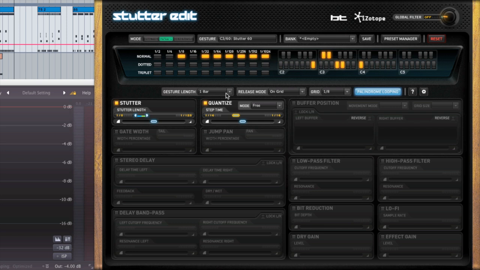Moving down to this bar here, we've got Jit Gesture Length, which is how long the gesture is spread out over for. We've got the release mode, so on the grid means at the moment I've got the grid set to 1/8 over here. So when I hit a key, it will be quantized to a 1/8 when the effect comes in. So with the release, it means on grid, when I release, it will turn the effect off within 1/8. Full gesture means it plays the full gesture length, so in this case it would be 1